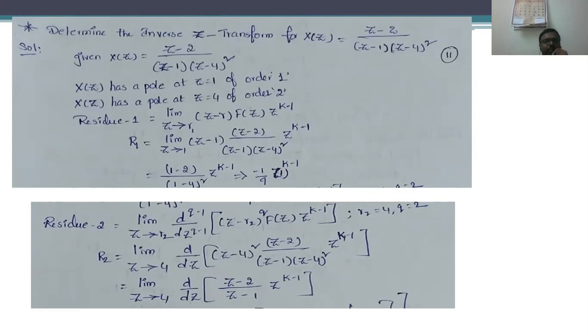There is no need of remembering all the formulas regarding the Laplace transform as well as the Z transform. Just simply calculating the residues and adding them, we can get the inverse Z transformation for this one. Not only for calculating the inverse Z transform, for applying the Z transform also the residue method is very easy and simple.